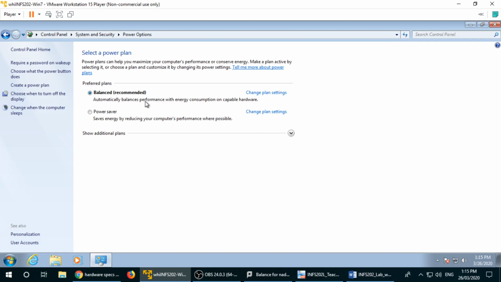So in this case, whenever you use a laptop, I think you need to really take care of how the power of your operating system will be set, whether it is balanced. And you need to notice